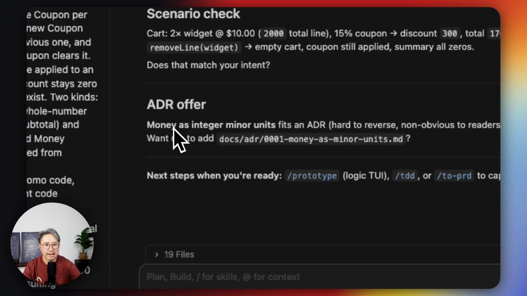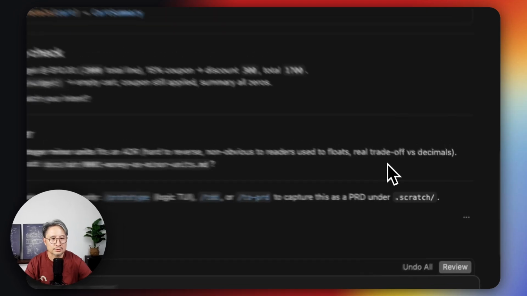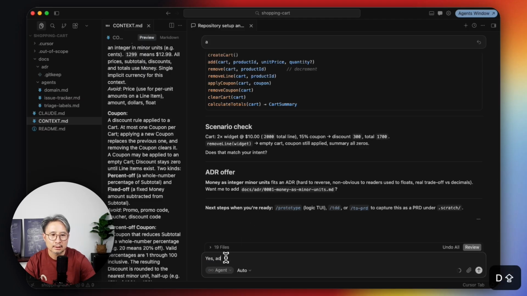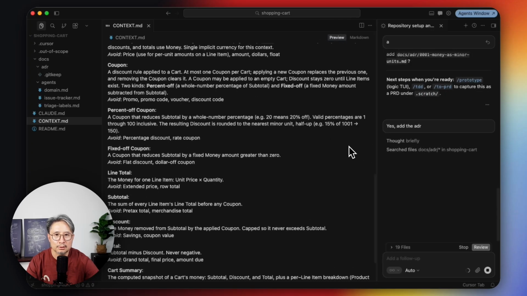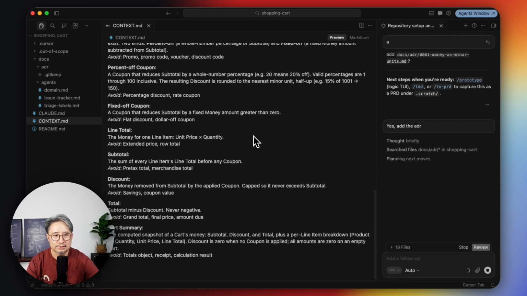It said money as integer minor units fits an ADR. It's hard to reverse, non-obvious to readers, and using floats is a real trade-off versus decimals. So it asks whether I want to add a documentation of the ADR into the system. I would say yes, add the ADR. Meanwhile, you will see our context file has grown larger, but not super large, right?